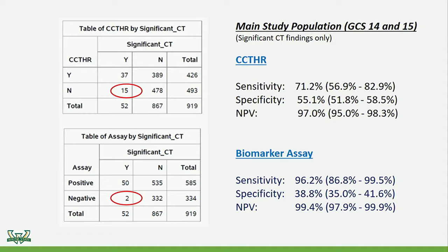Now turning to looking at only clinically significant CT findings, there were 52 of those. If they were clinically insignificant or negative, they were then considered negative. The sensitivity here for the Canadian CT rule was 71.2%, and for the biomarker assay was still 96.2%, retaining good